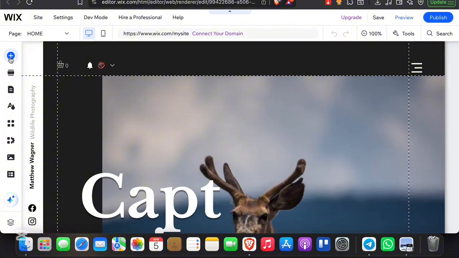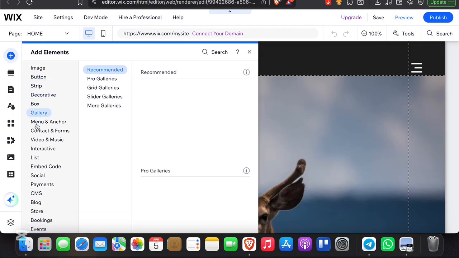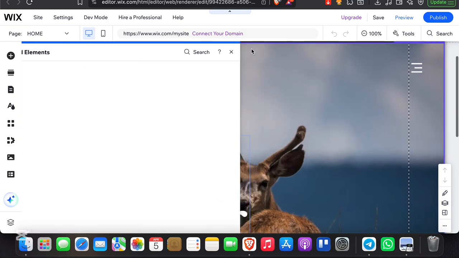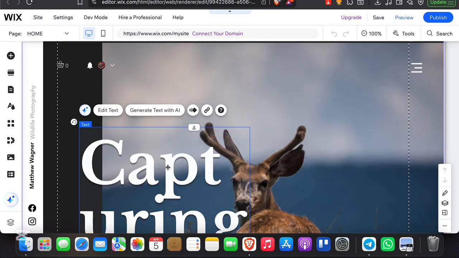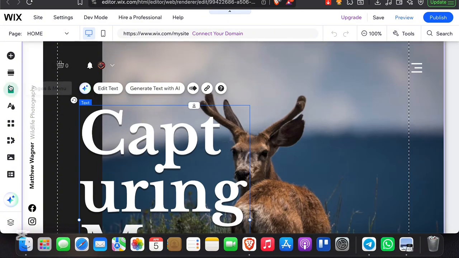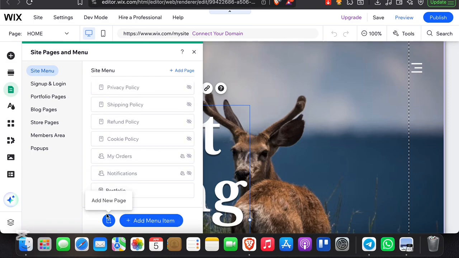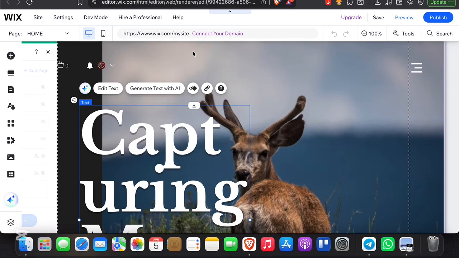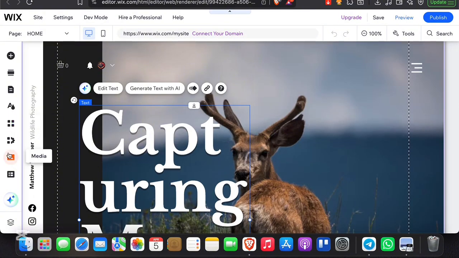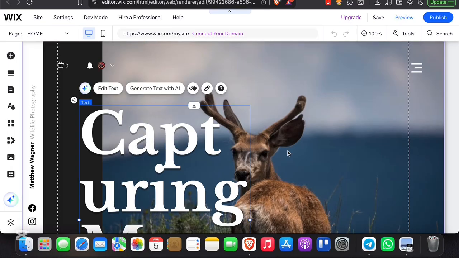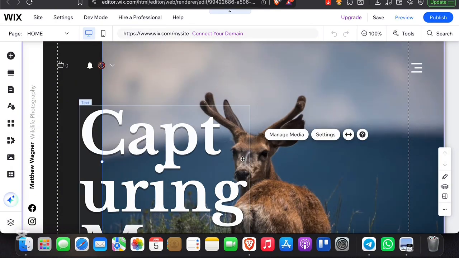As we said here, you can add elements like text, image, button, strip, everything really. Okay, you can, as we said, click a text here, double click and edit it, right? You can see right here pages and menu where you can add a page, right? And name it about or something else, right? If it's not there. You can also add images in media or choose a stock image provided by Wix, right? You can say here, this is the image, and if I want to change it, you can just hit manage media. It's gonna take you to the same